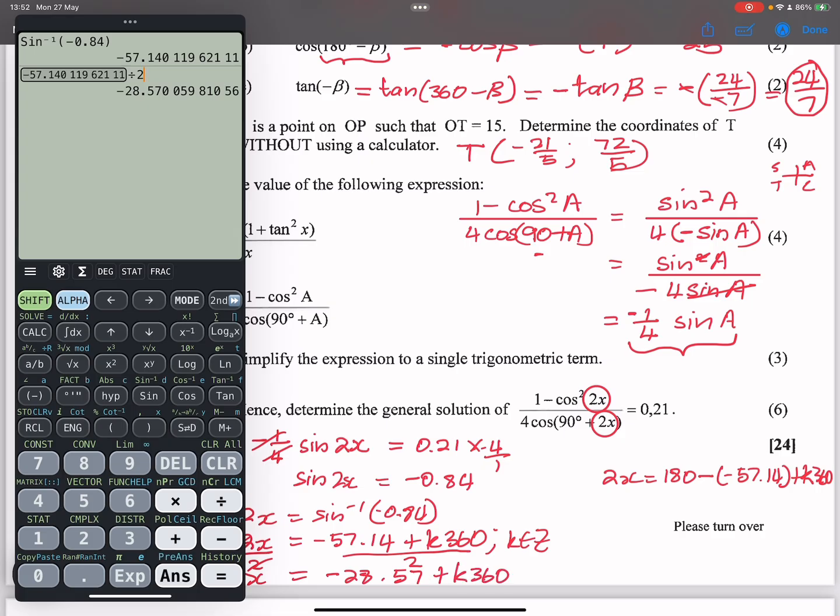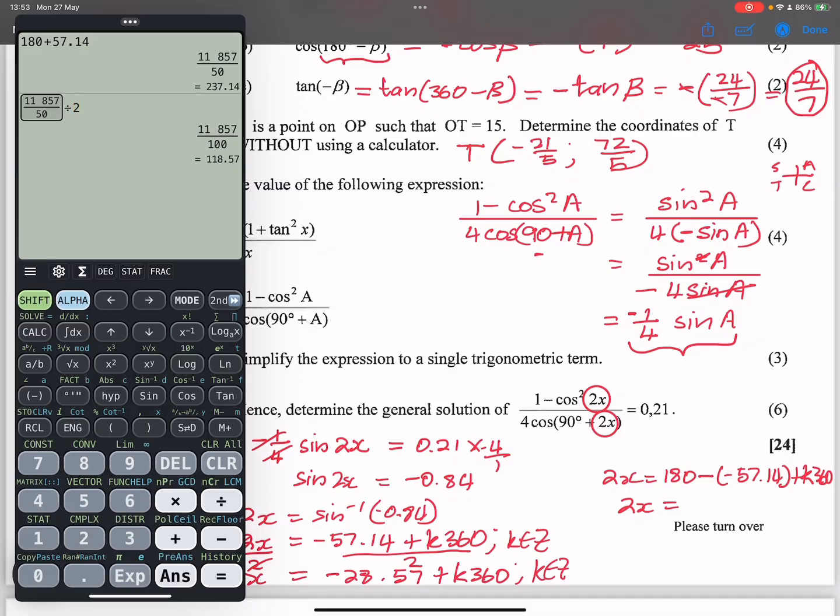And please remember K is an element of integers. Then we've got the other value, 2x is equal to 180 plus 57.14, and we are going to divide that by 2. So that gave us 237.14 plus K 360. And if we divide by 2,